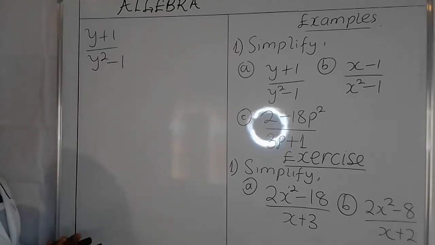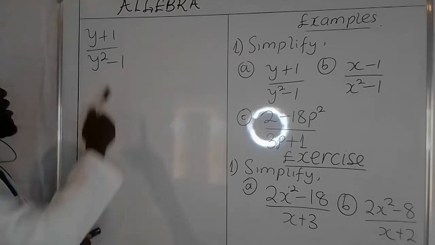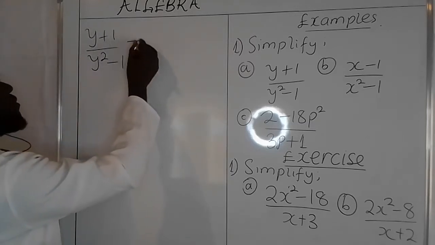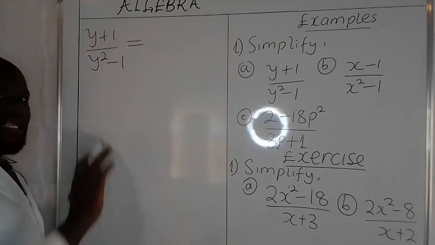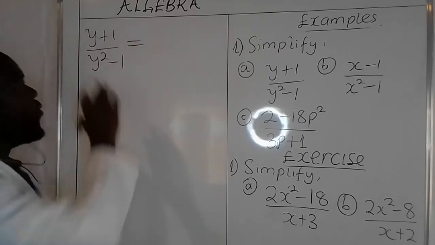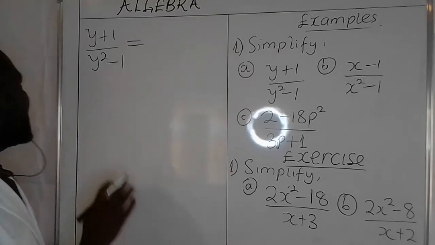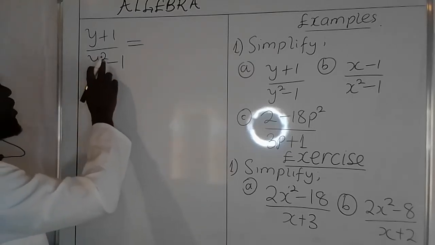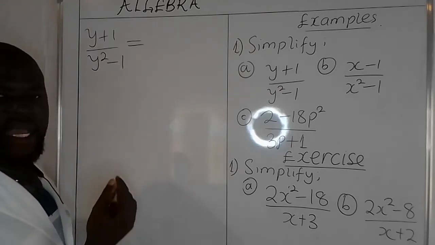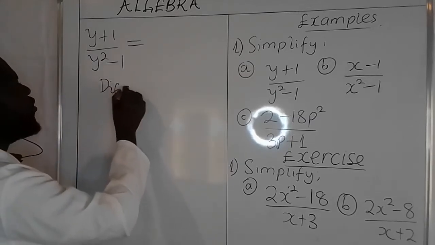Now what we need to do is see where we have work to do between the numerator and the denominator. On the numerator, there's nothing that we can do, as y plus 1: y and 1 are unlike terms, so we cannot add. When you look at the denominator, y square minus 1, obviously also they are unlike terms, but there is a special expression called the difference of two